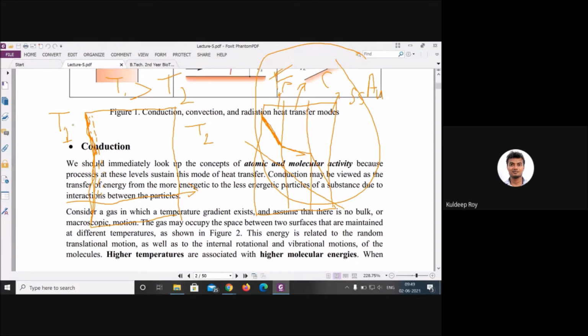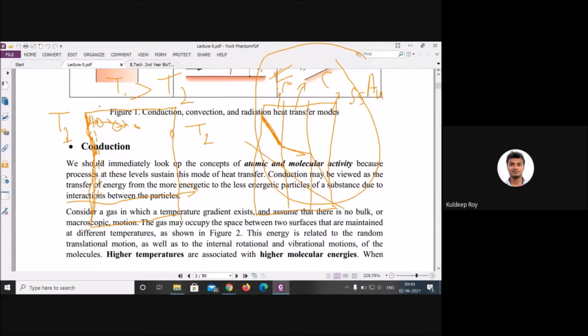For emission, it is at a higher temperature, so definitely it will release energy in the lower direction, meaning to the lower temperature molecule adjacent to the layer, which has lower energy. It will transfer energy to the nearby molecule. After that, what will happen? This molecule gets heated. What will it do? It will transmit to the next atom or the next set of layers of molecules. Similarly it will happen, and it will reach up to here.